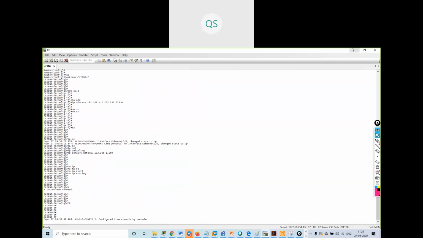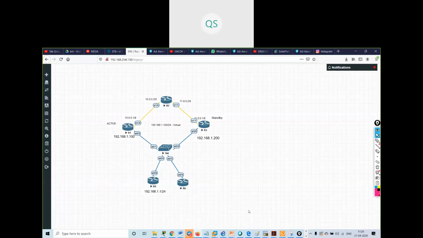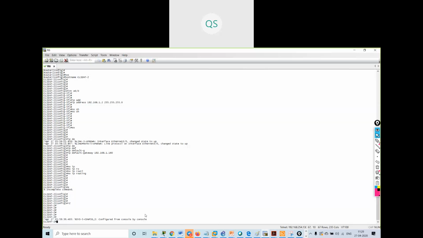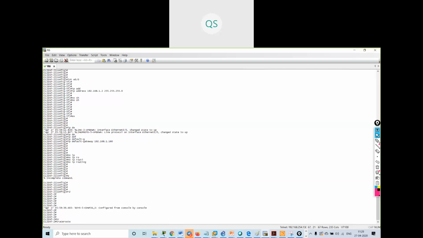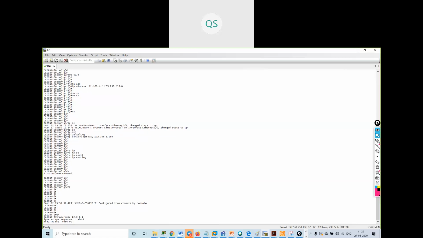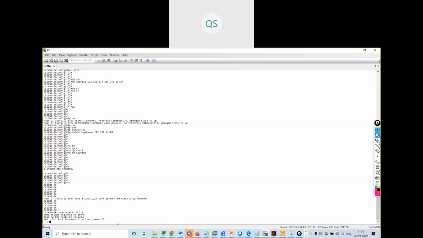Now I can go over here. Ping, trace route 12.0.0.1. It should go from 200.